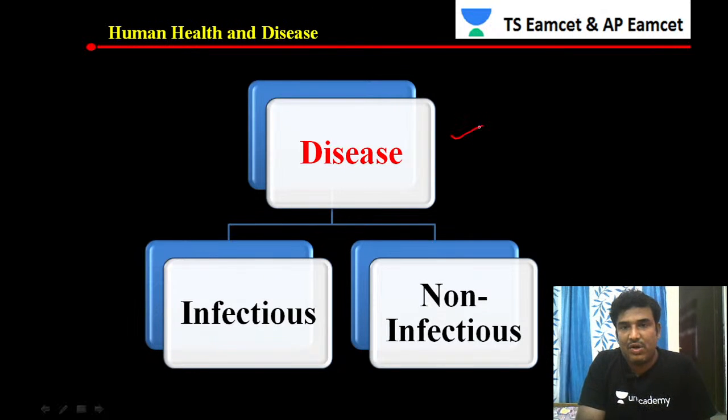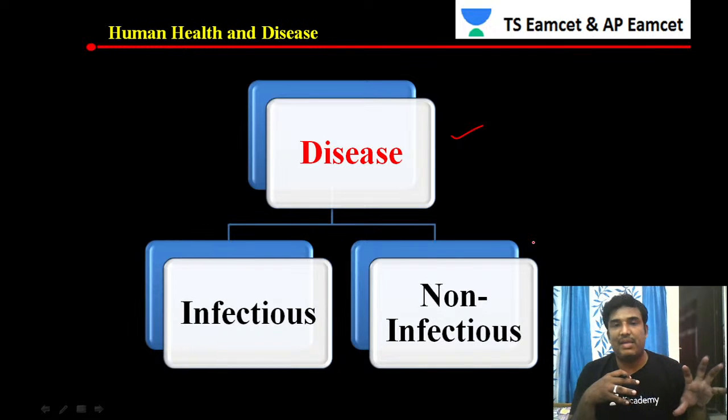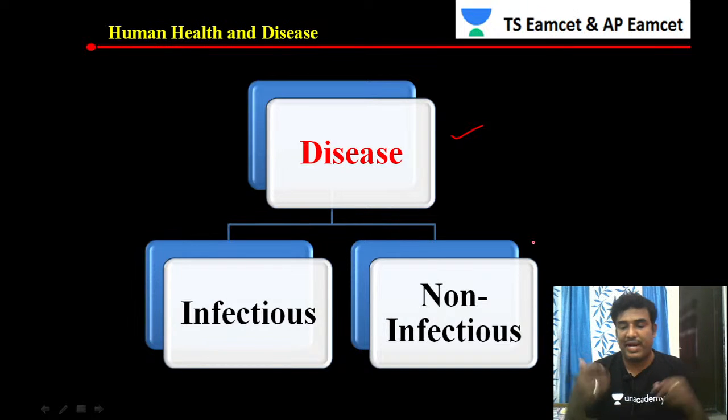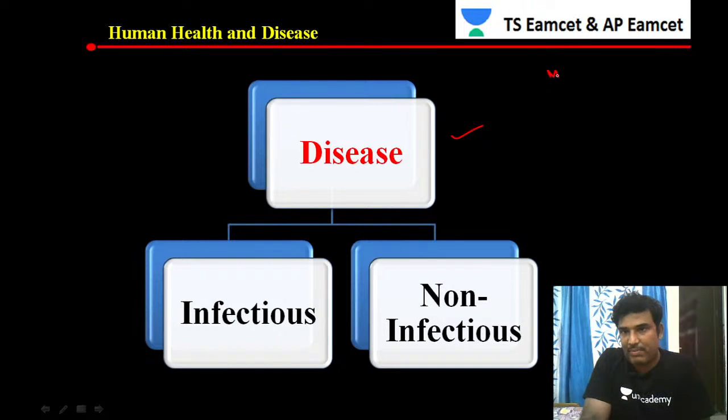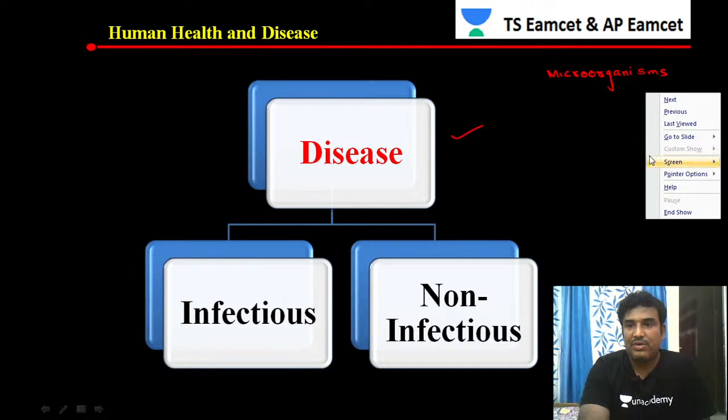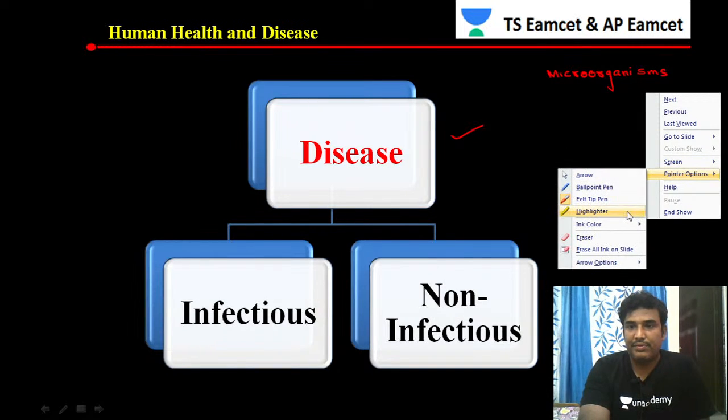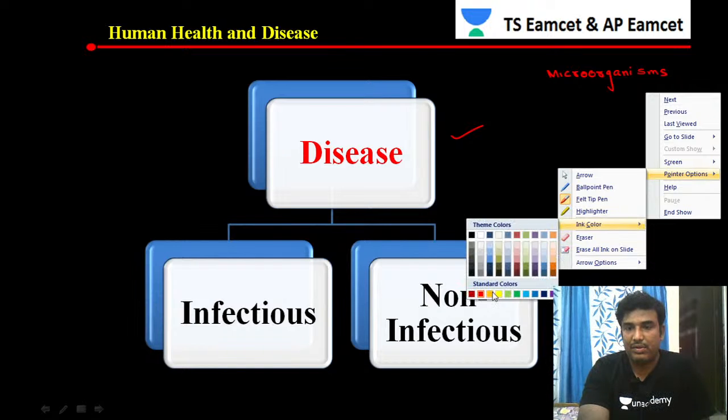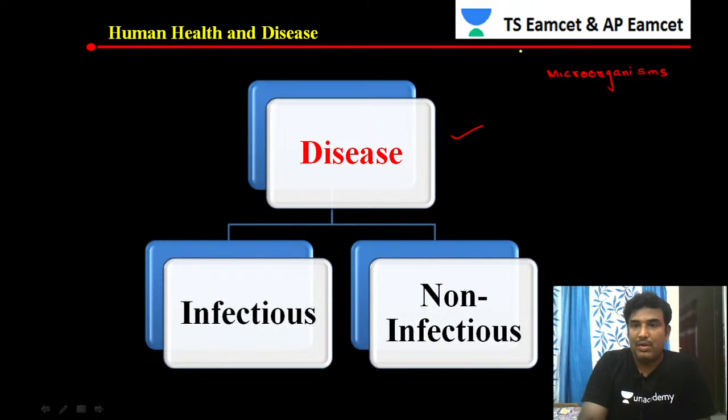So now let us see disease. When an infection occurs, for example when some microorganism has entered into the human being, there can be different types of microorganisms which can cause disease actually. If you see the different types of microorganisms that are causing disease, the microorganisms are like